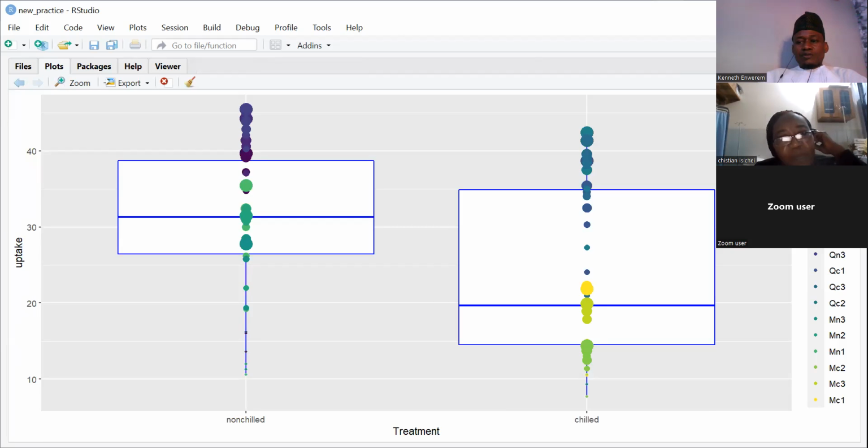So let me show you the legend first. This is the legend of the concentration. It has 250, 500, 750, and 1000. And that is what categorizes the sizes. So with that, these points within this plot have been categorized based on the size, on the concentration, and it's the sizes